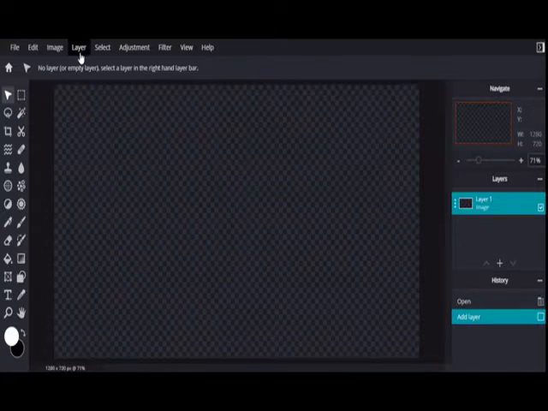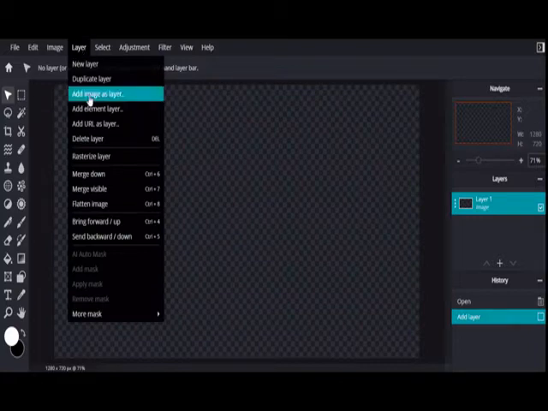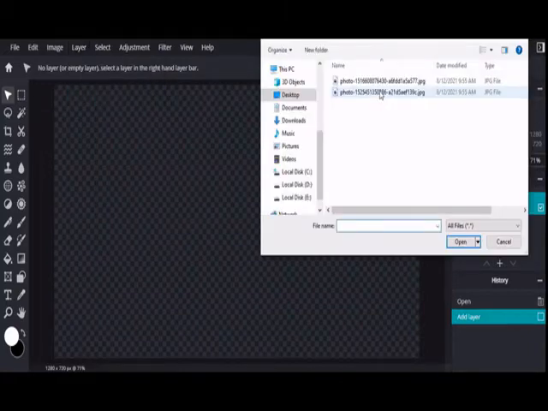Now once it's created, we will be working with layers, because you have to remove the background from the image, so you need to work through layers.